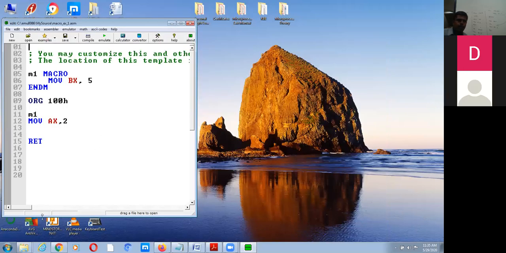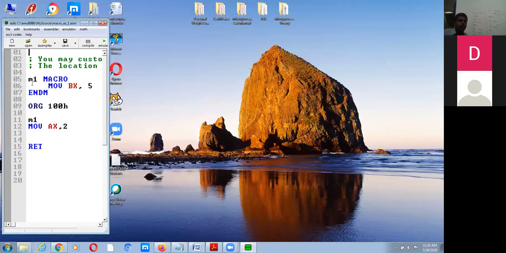Yes, sir. Okay. So we have written a program. See here, we have written a program with macro M1 defined over here. The name that we have given is M1, and the functionality it is doing is simply moving 5 into BX. That's all. Here we are not doing anything complex. Then in the main program, first we are invoking the macro, and then we are writing one more line of code just for your understanding.